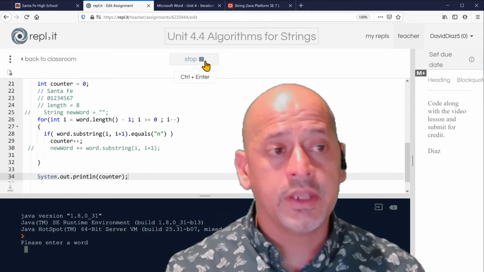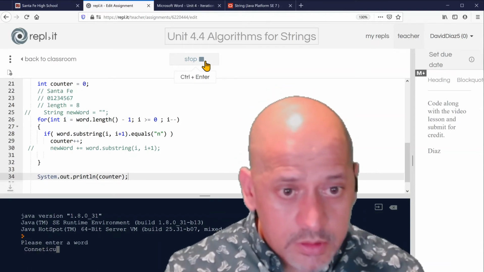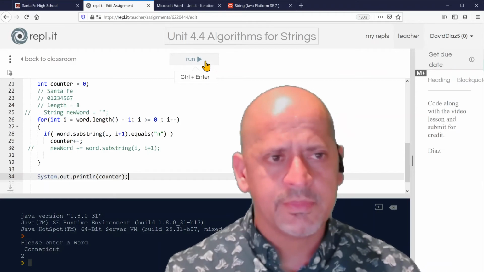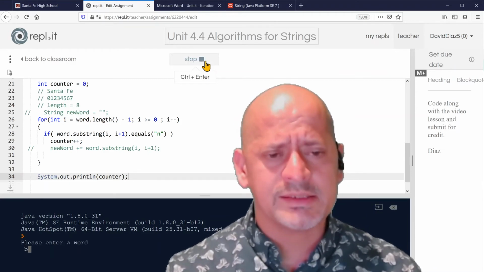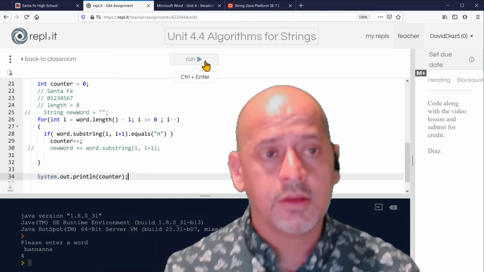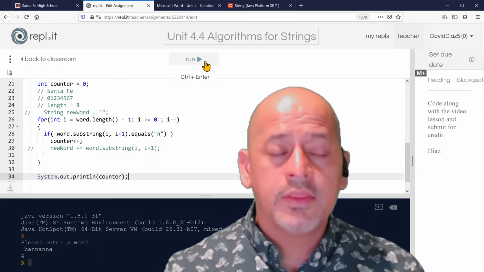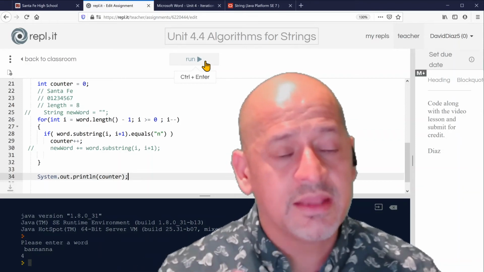If I type in Connecticut, only 2. Any words I have 3? While typing banana, I'm going to press banana. So it should be 4. So that works. Now there's going to be times that you actually want to be able to take letters out